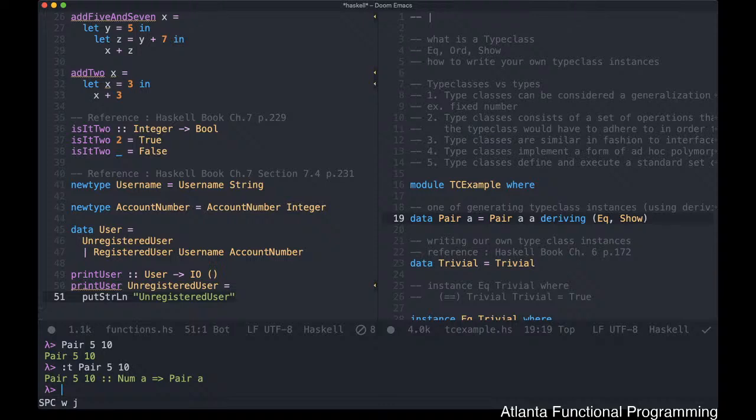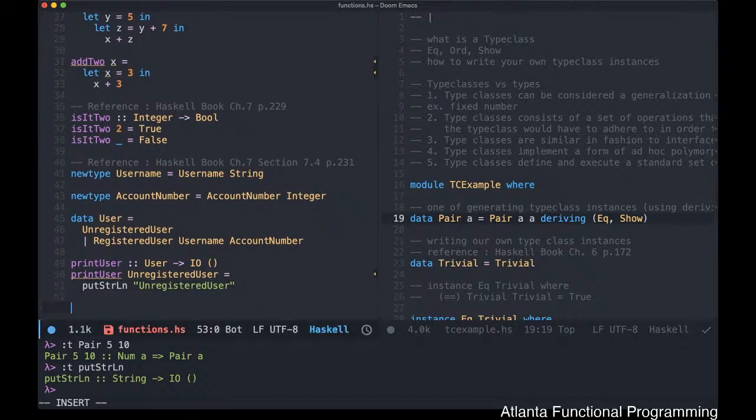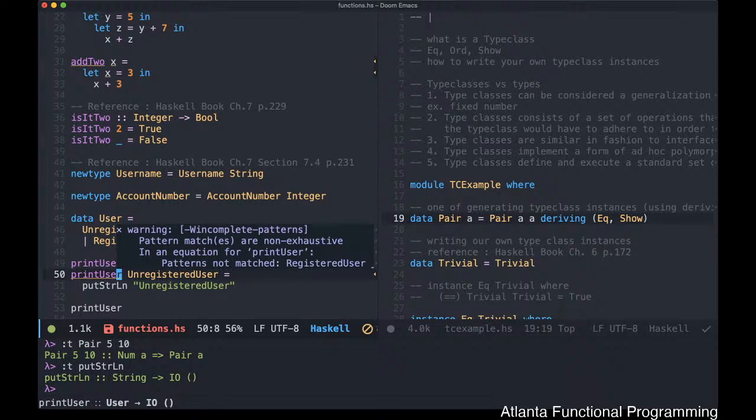If you recall, by typing in putStrLn here, you can see it takes in a string and returns an IO monad. When we did this, we got a warning saying that pattern matches are